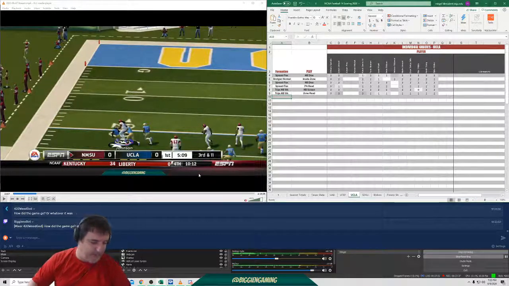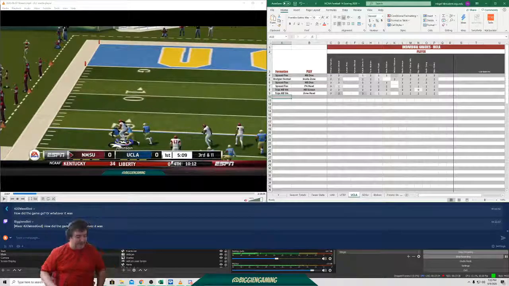We're just watching film. We're rewatching the game, and we're doing what coaches do, which is watching the game film and grading players. This is a real small niche thing, but I kind of wanted to show people what coaches do with the grading and stuff, how they grade film and so forth. So we haven't played the game yet. We haven't played New Mexico.